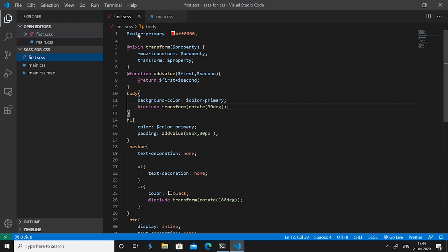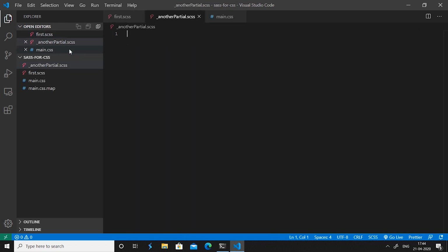Let's create a partial with a name of underscore another partial dot scss. Now we can have any kind of styling inside this partial file.